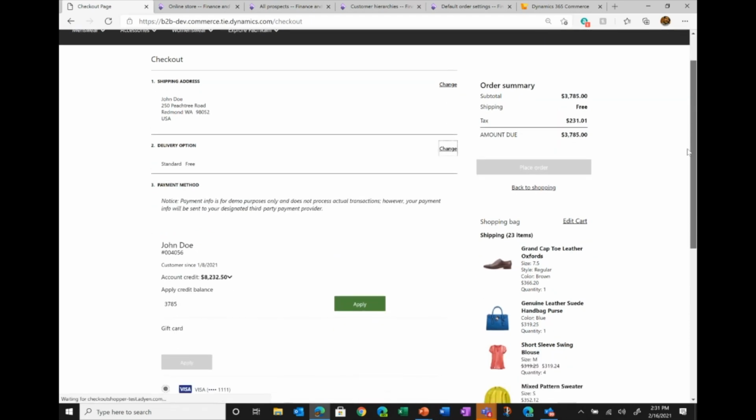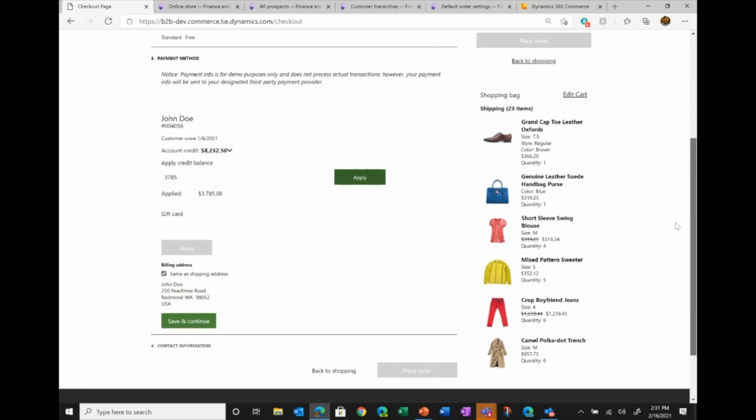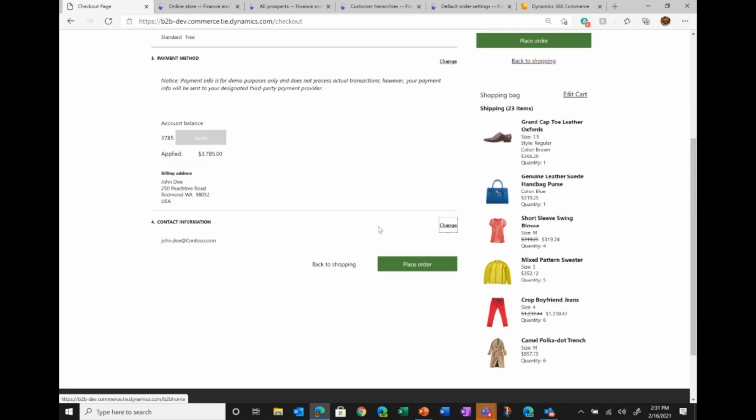And when it comes to payment method, this is where the on-account thing starts lighting up. So this particular customer has got an available credit limit of 8,232, whereas this order balance is 3,785, which basically denotes that this particular customer has got enough limit on his account to actually make an on-account payment for this particular order. So if they decide to apply on-account, they can say, yes, I want to apply on-account payment, and it would get applied over here. And then the user is not required to provide any other information in terms of credit card or anything like that. They can confirm their billing address, and then they can hit place order